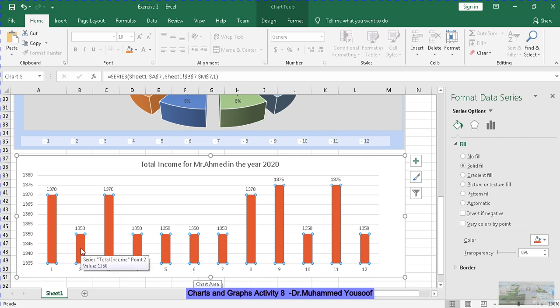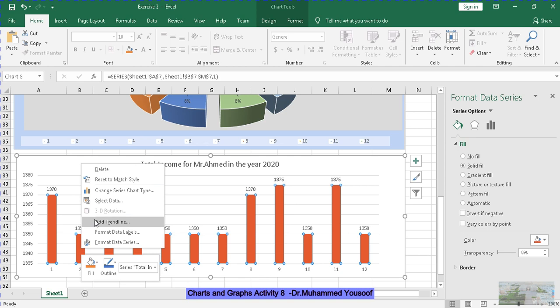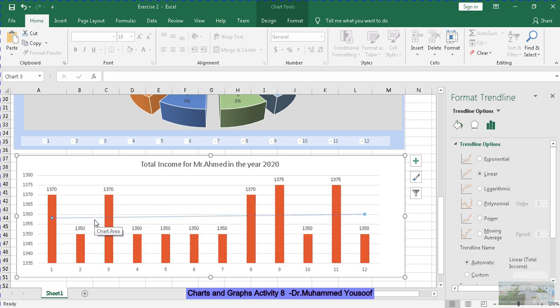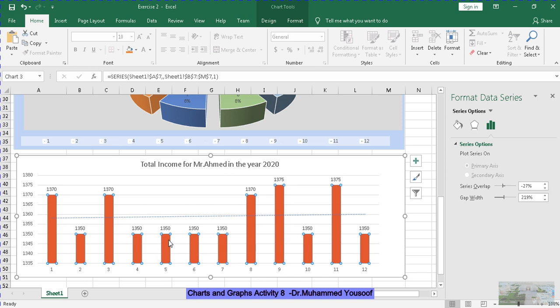Then what I do is that I right click, add trend line. See, trend line. What is the trend line? This is the line average. It shows how it is increasing. It shows in this month it has gone up. In this month the performance is down. So this is called trend line. So you know how to add trend line now. You know how to add data label. You know how to change the color of the data series. Okay. Now